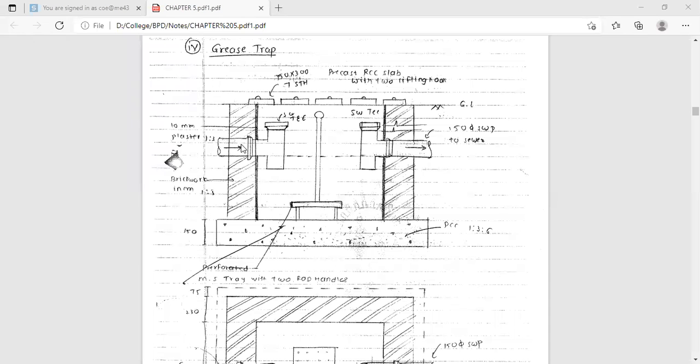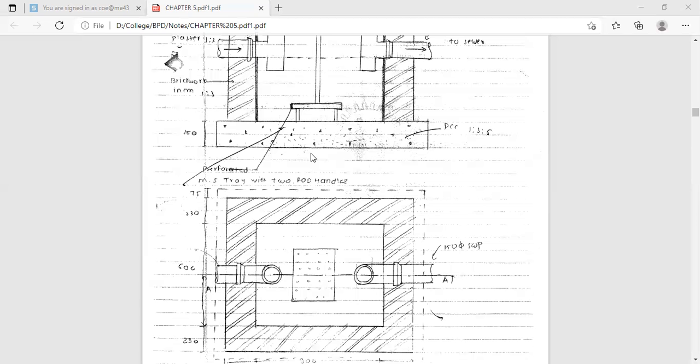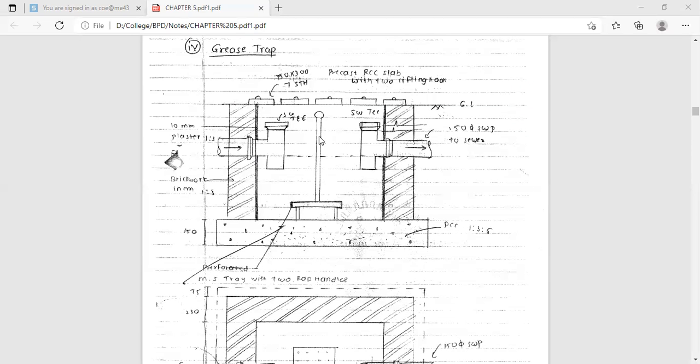Okay, and lining is also required, means finishing is required, that is nothing but plastering, and for that plaster 1:3 mortar is used. Okay, then after that here you can see one wall is also constructed at the mid position, so as to maintain the level and so that whatever grease material is there gets collected.